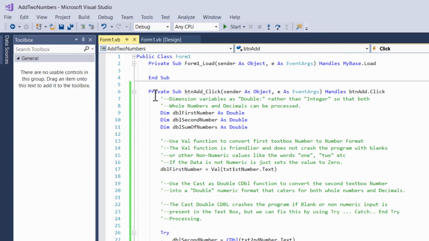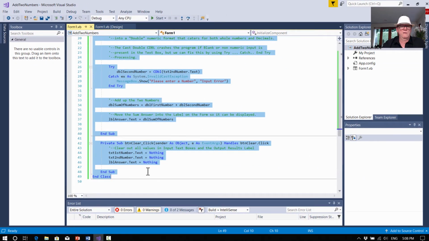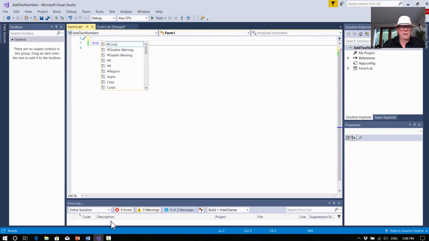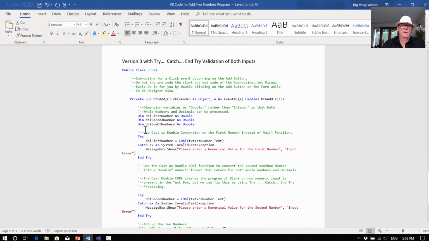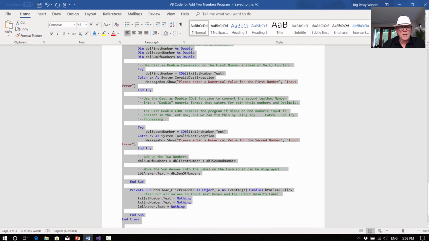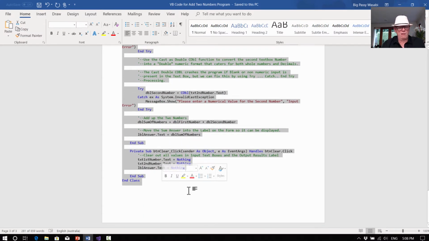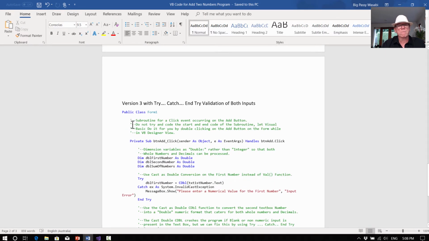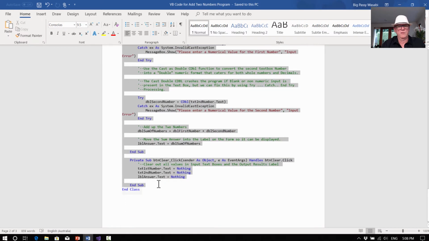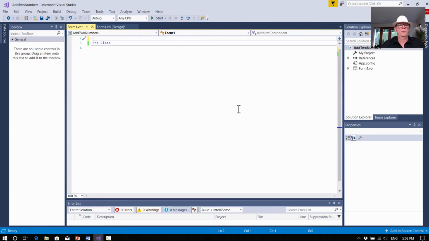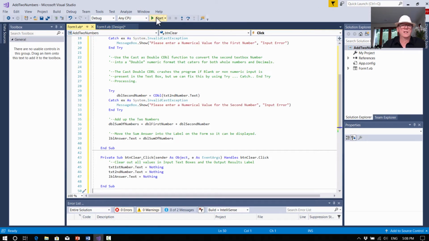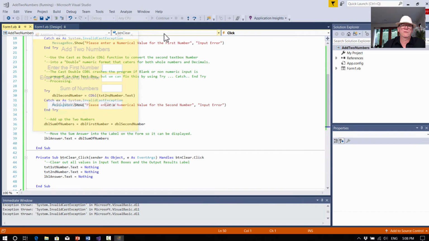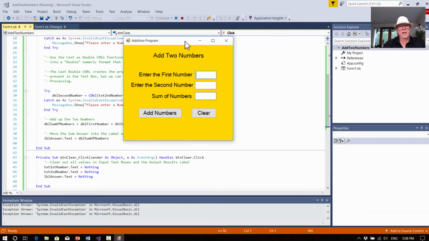So in our final version of the program, which is in the Word doc, we're just going to take out all of this code right here and delete it and go to the Word doc where we've got the final version. And what we've done there is we've got rid of the Val completely, and instead we're just going to use the CDbl, convert them to doubles, but we're going to have the Try, Catch, End Try. So it will find out when people have made mistakes, and we can put out a message telling them exactly what they've done wrong. So if we try and run this now,